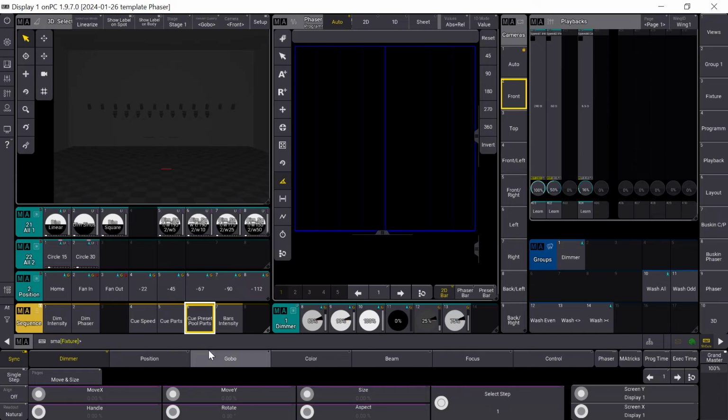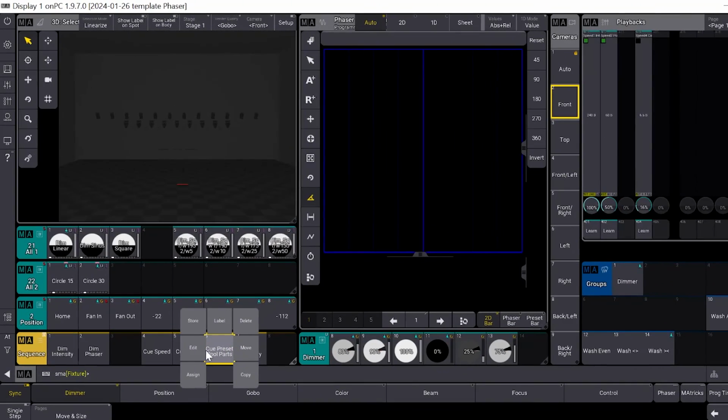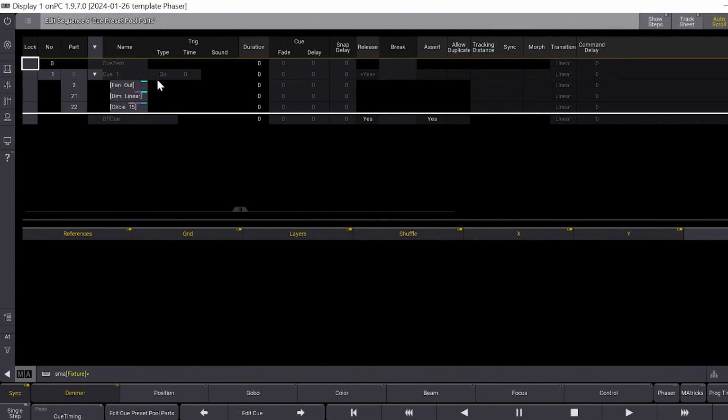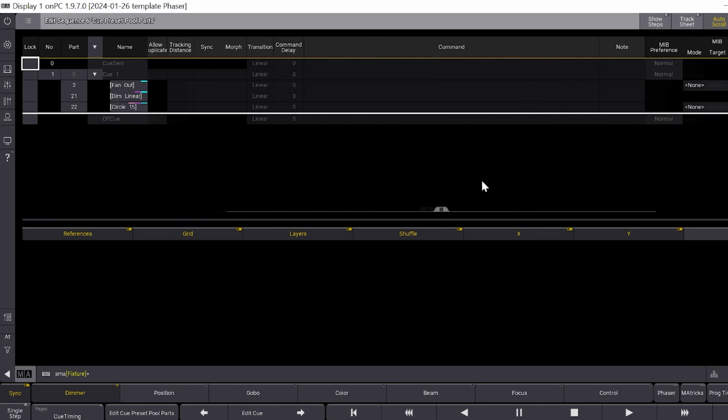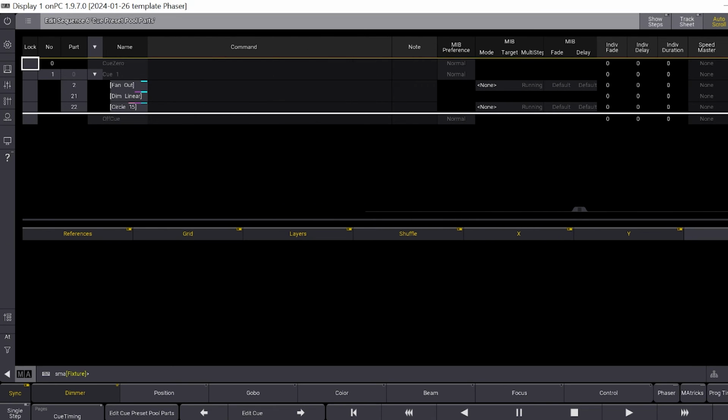So if I clear out now and I edit this, you can see that it automatically created Q1 and it automatically made the CueParts for me. CuePart 2 for the fan out, which is the position, CuePart 21 for the dimmer phaser, and CuePart 22 for the position phaser. And now I can do the same thing, scroll all the way to the right, and here I could